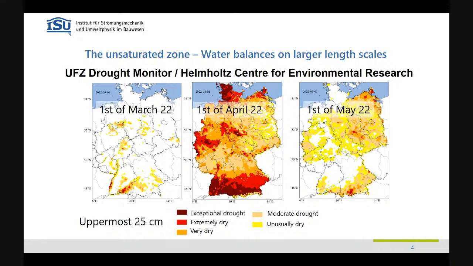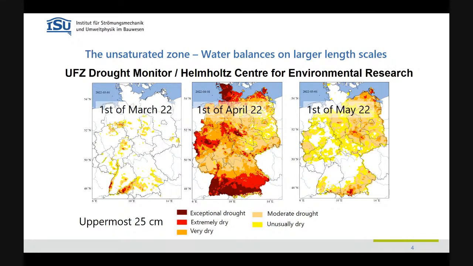And so we have to deal with the situation. And one measure is to at least be informed. So one wants to have a monitoring system, for example. And here's a quite famous one. This is from the Helmholtz Center for Environmental Research. And you see here you can get the state of the soils in the uppermost 25 centimeters of the whole of Germany. I should say this system does not use the type of models I'm talking about, but nevertheless. Yeah? So this is maybe information we want to have.